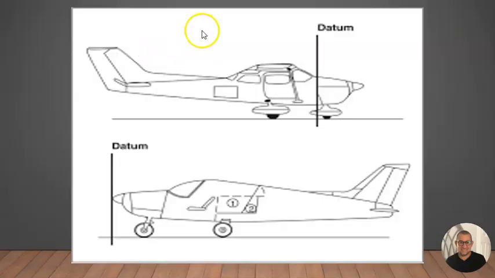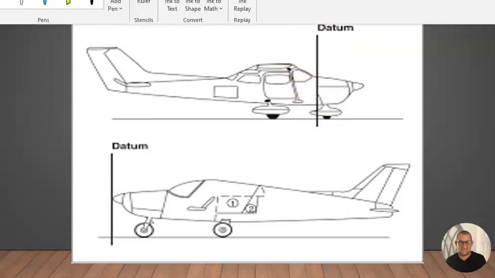All right, so let's talk a little bit about the datum. The datum can be located anywhere. It's usually determined by the manufacturer. It could be, in this case, it looks like it's at the firewall. It could be at the leading edge of a wing. It could be